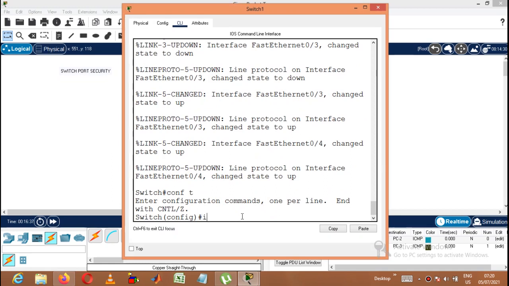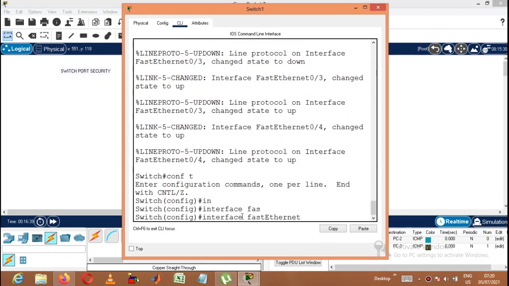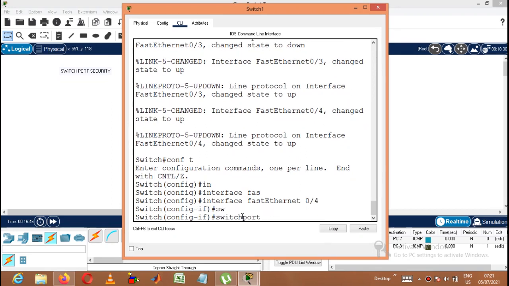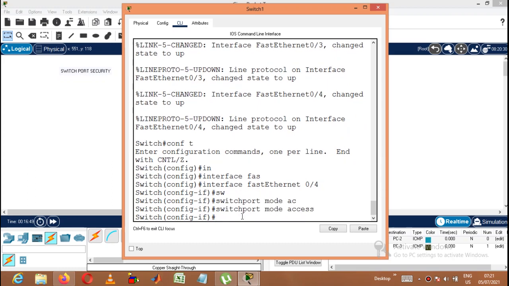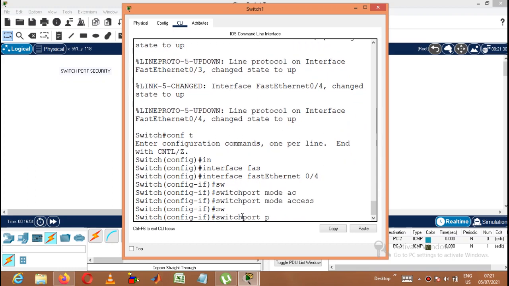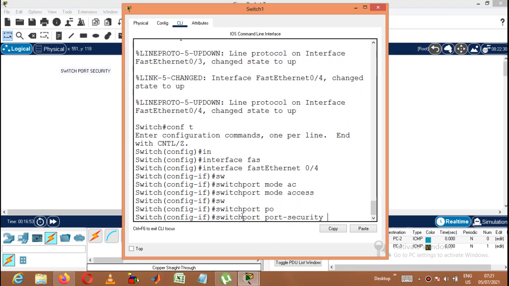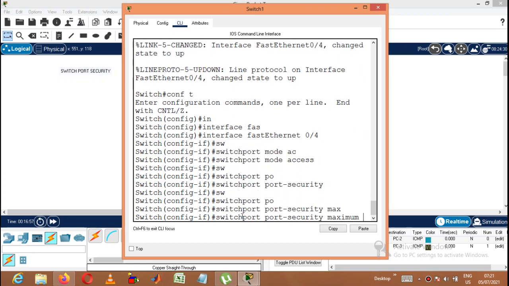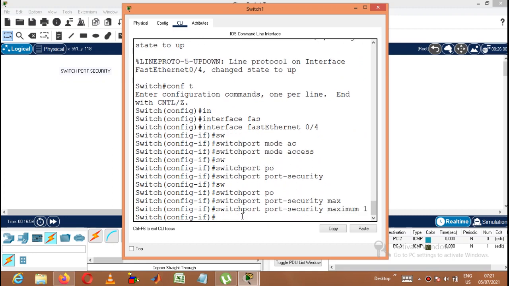First we need to tell the interface fast Ethernet, only one is there, so 0/4. Then switchport mode access, correct. Then switchport port-security, then switchport port-security maximum of one device.